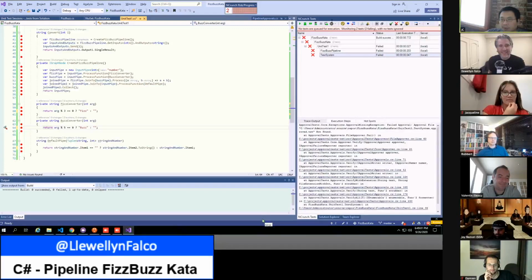Line 36 literally tests all of FizzBuzz from 1 to 20, and I'm doing it in a single line. That's the power approval test gives you. We got to see forest and trees, all the numbers, all the little steps. I get a lot of feedback in granularity and test coverage from very little code.